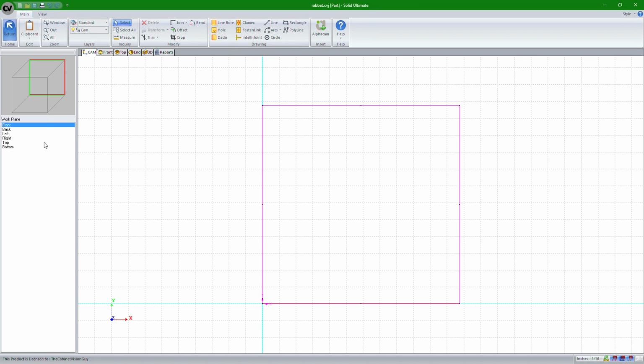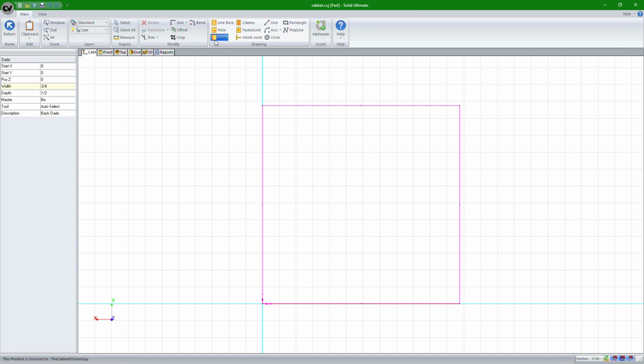And now I'm going to make sure that I've selected the correct face, which in this case is going to be the back face. And we can see the red outline here is closer to us. If it was on the front, the dado would be on the other side, or the rabbets would be on the other side. So let's bring it to the back, and then let's start drawing the dado. We're going to click on this, and we're going to change it from a master no to yes. We're going to give it a width of